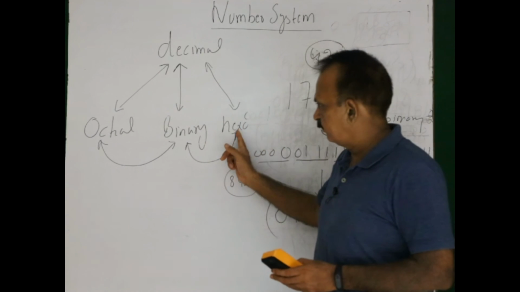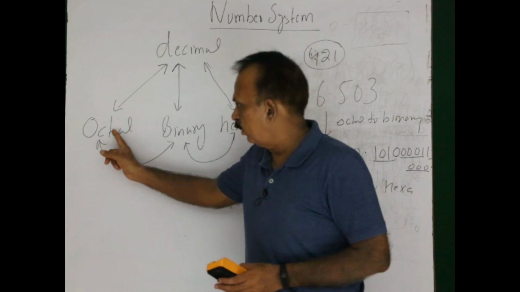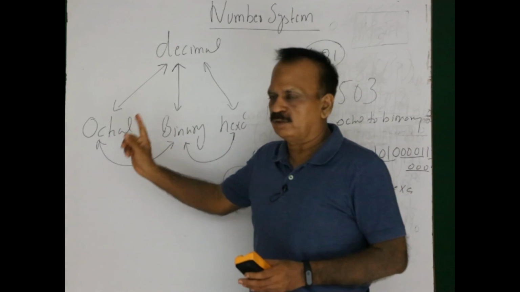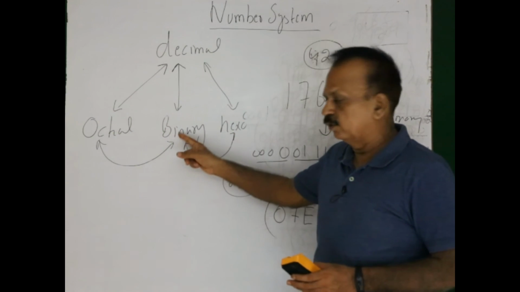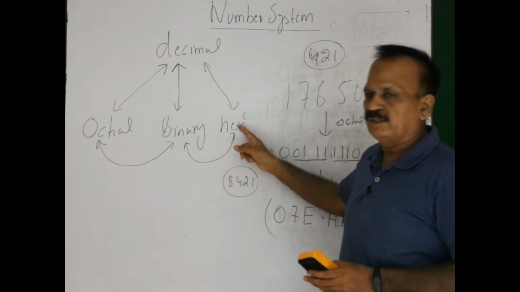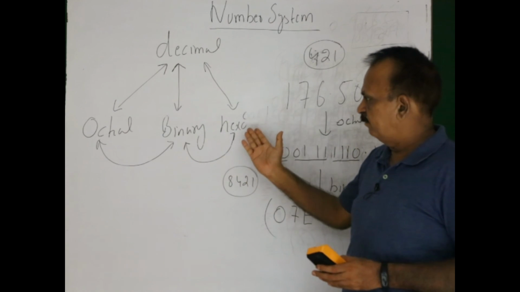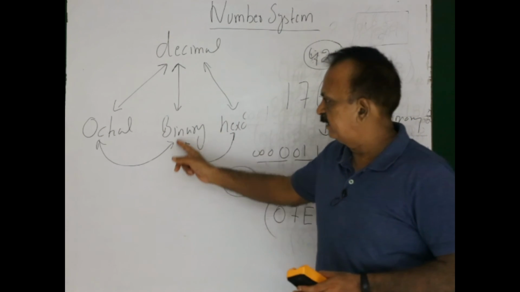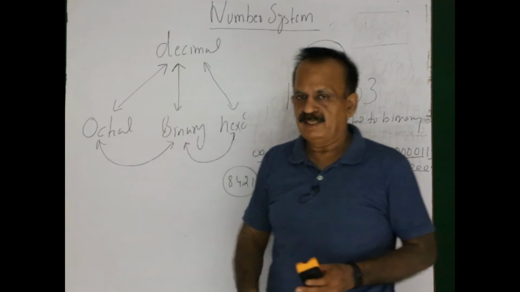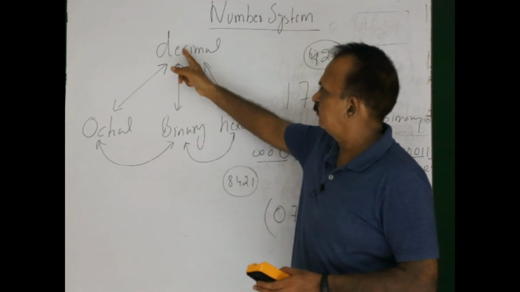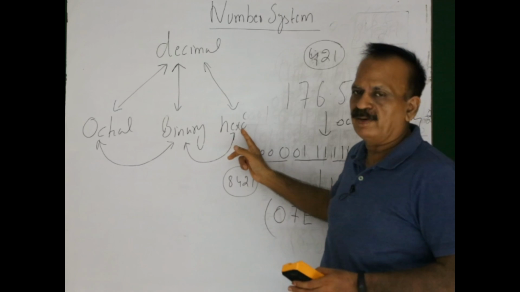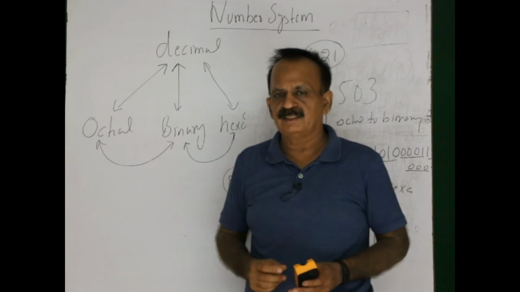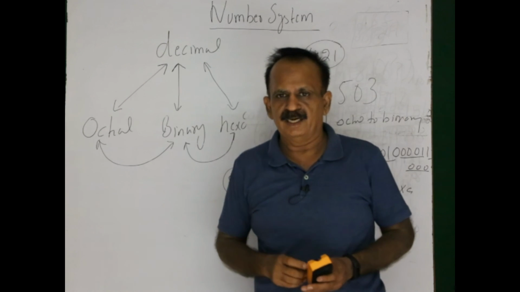And for conversion from hexadecimal to octal or from octal to hexadecimal, it is through binary. Octal to hexadecimal: first octal to binary, and then from binary to hexadecimal. Similarly, hexadecimal to octal: hexadecimal to binary, and then from binary to octal. It could be performed from octal to decimal and from decimal to hexadecimal, but I hope the conversion from hexadecimal to binary and binary to octal is a bit easier compared to the other method.